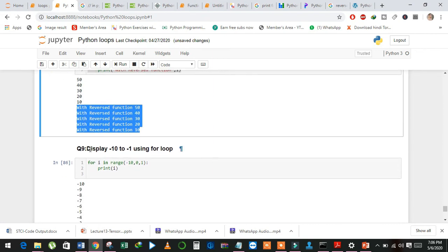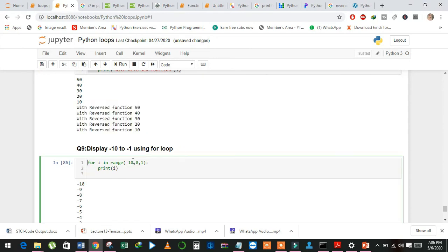And the next question is, display -10 to -1 using a for loop. In this example I just want to explain the start and step arguments of the range function. It started from -10 and will end at 0, and the step size is 1.